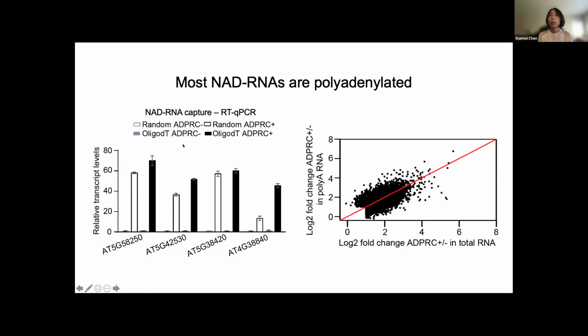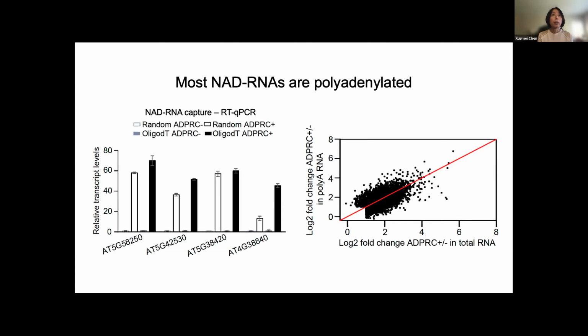We also looked into this at the genomic scale. So we first isolated poly-A RNA and then subjected poly-A RNA to NAD capture-seq. Here I'm showing you the ADPRC plus minus ratio. This would be a representation of the levels of NAD RNAs. And you can see that there was a very good concordance between poly-A RNA and total RNA, suggesting that NAD